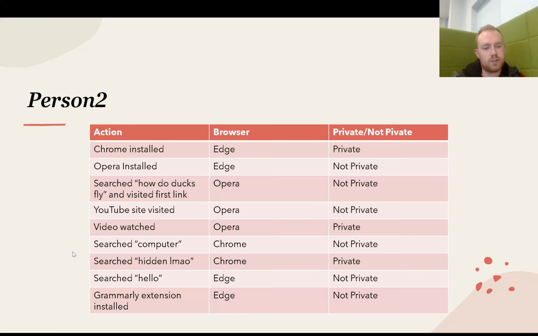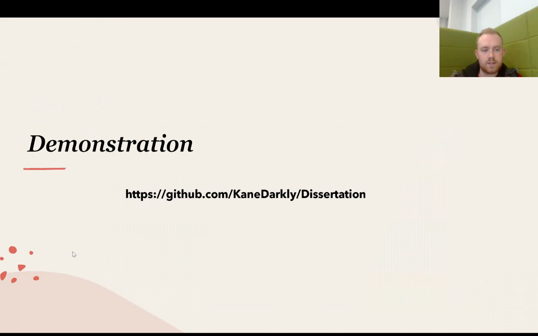A site was visited with Opera, as well as the YouTube main site, at which point a video was watched whilst in private mode. There were some searches conducted on Chrome, and then some more searches on Edge, as well as the Grammarly extension being installed on the browser. All the code used for this project is available on my GitHub, kanedarkley/dissertation,